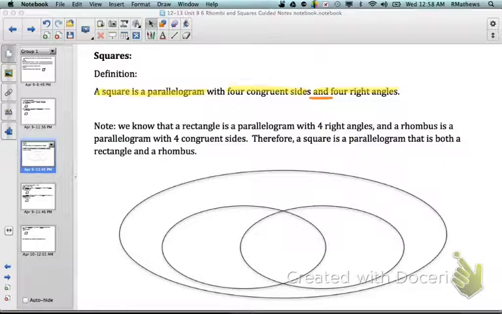And we talked about this before when we did our original Venn diagrams, but we'll briefly talk about it again. So we know that a rectangle is a parallelogram with 4 right angles, and a rhombus is a parallelogram with 4 congruent sides. So therefore, a square is a parallelogram that is both a rectangle and a rhombus. So it is both. So if we were to have a Venn diagram where this overall big oval is the